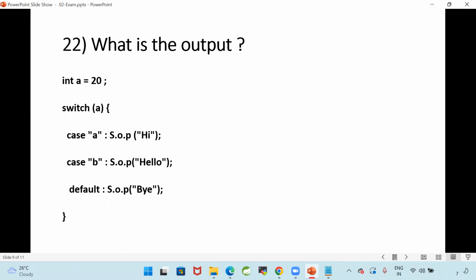What is the output? What is the output of this program?